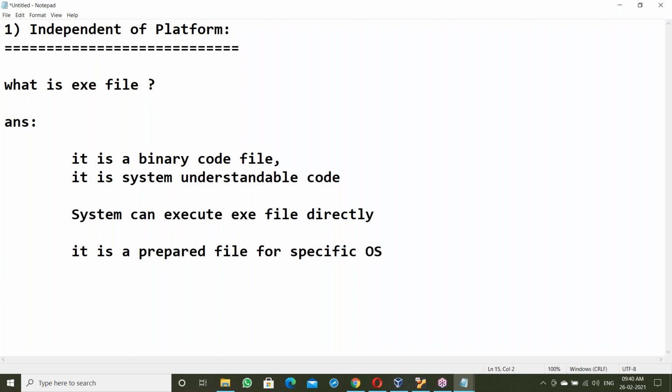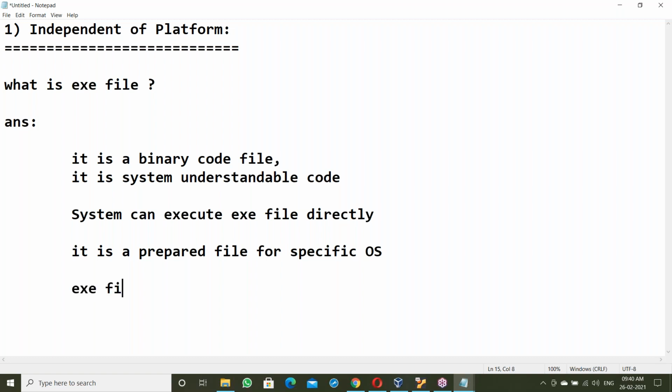So what does an exe file contain? An exe file contains your program binary code, next the application software library, that means the C software library, and next the OS library.